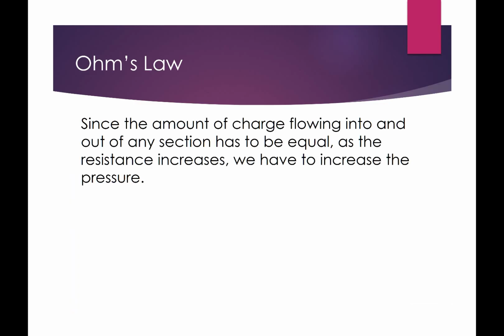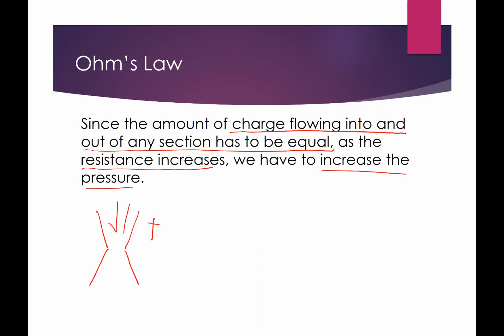So the idea behind Ohm's Law is if we're going to say that the amount of charge flowing into and out of any section has to be equal, as the resistance increases, then we have to increase the pressure. If you remember that picture we had, there was going to be high pressure here if the current was coming through this way, and low pressure down. Anything that's flowing into an area, if we zoom in on that area, has to flow out. So if the current has to stay constant, then the pressure has to increase as the resistance increases. As this gets narrower and narrower, the same amount of current that goes in still has to come out. So that pressure difference has to get even greater, because there's not a little lounge